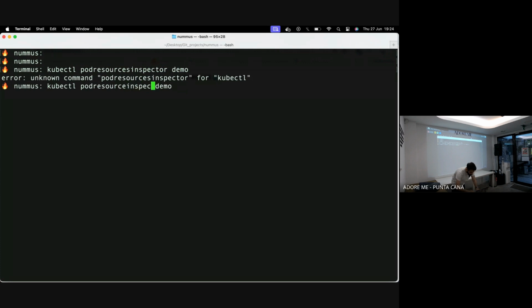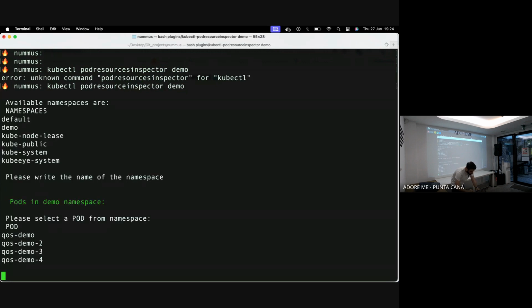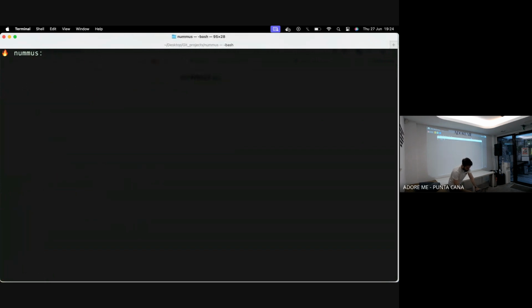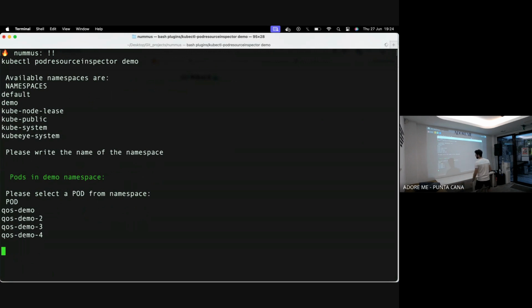resource inspector. Here we can see also what it does. We can see once more our pods, and let's take, for example, one of them, demo 3, and see exactly